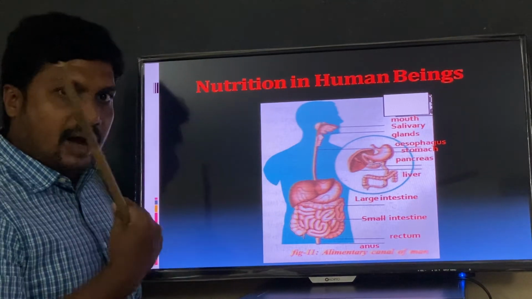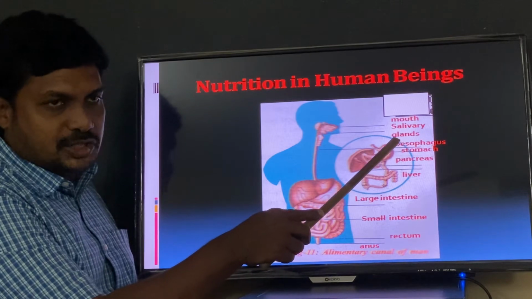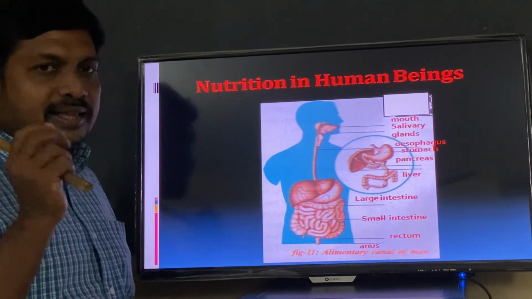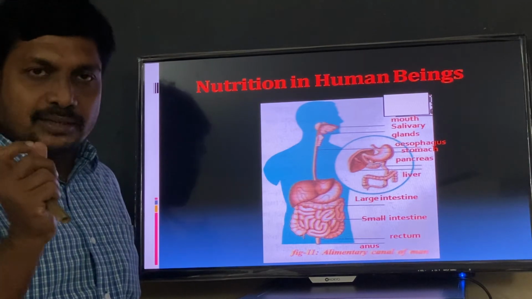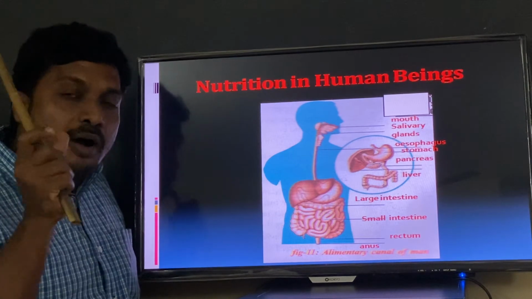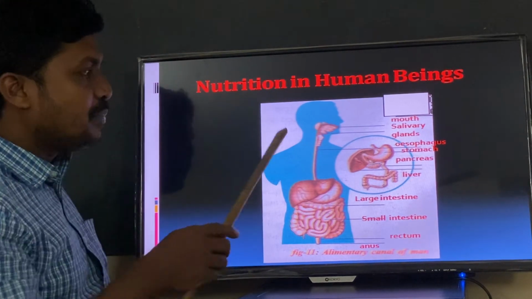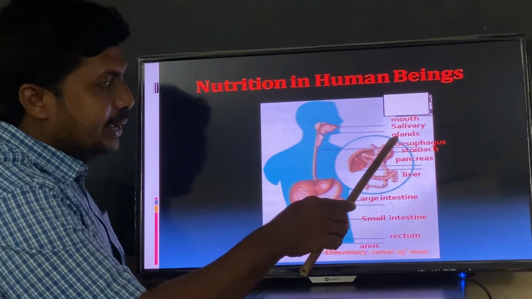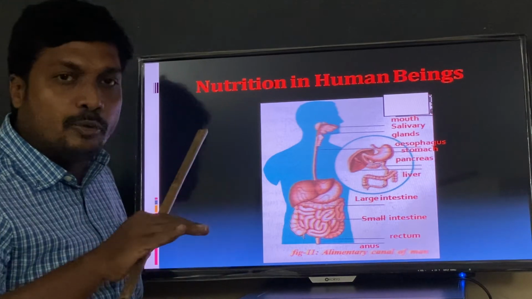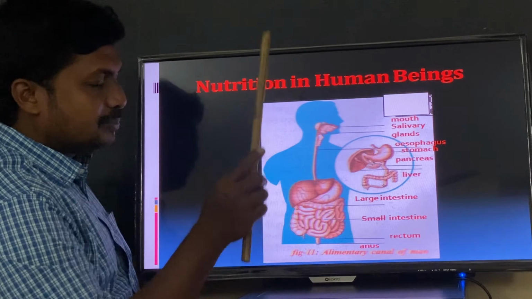After swallowing, the food enters into the esophagus, a tube-like structure. The walls of the esophagus secrete a sticky substance known as mucus. With the help of mucus, the bolus moves in the esophagus freely. This mucus is helpful for easy movement of the bolus in the esophagus, and it enters into the stomach.